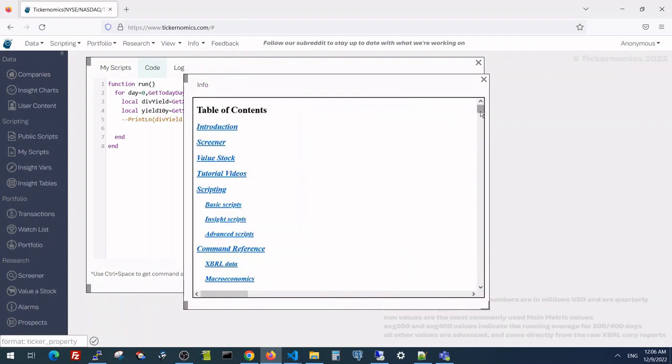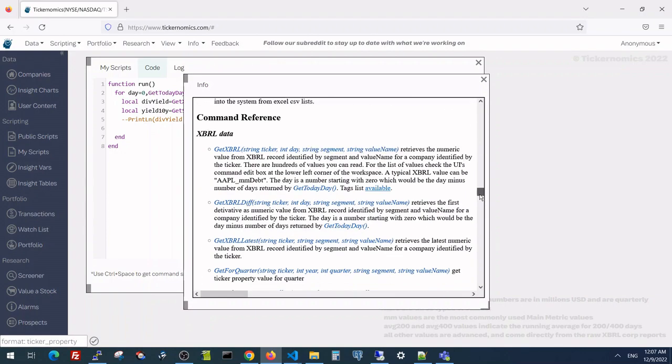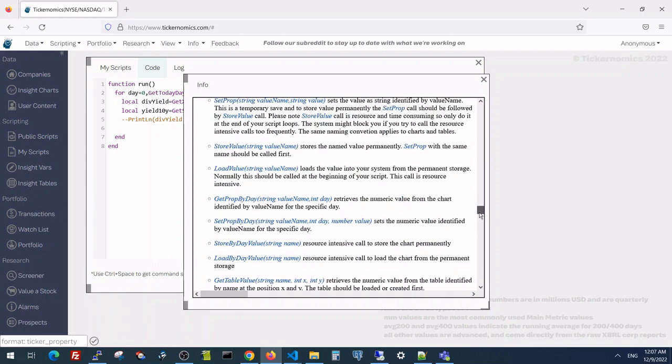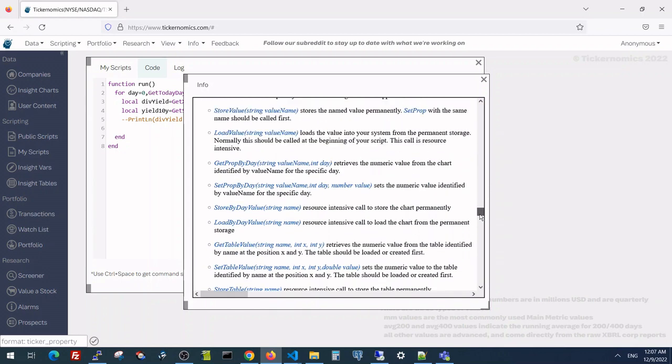To do that, again, my memory is not perfect, so I always like to check. To create charts, you use so-called prop by day functions, which is get, set, store to store permanently, load from permanent storage. We really just gonna create a temporary chart, so we'll probably need just this one function,